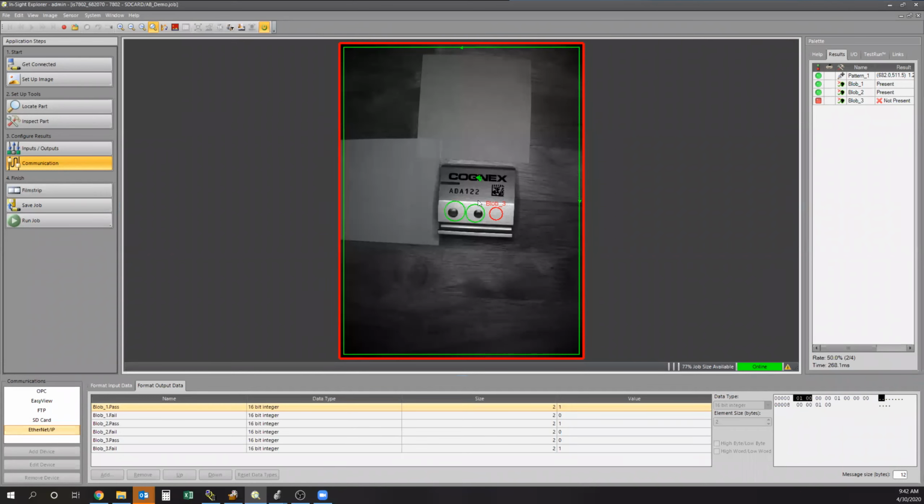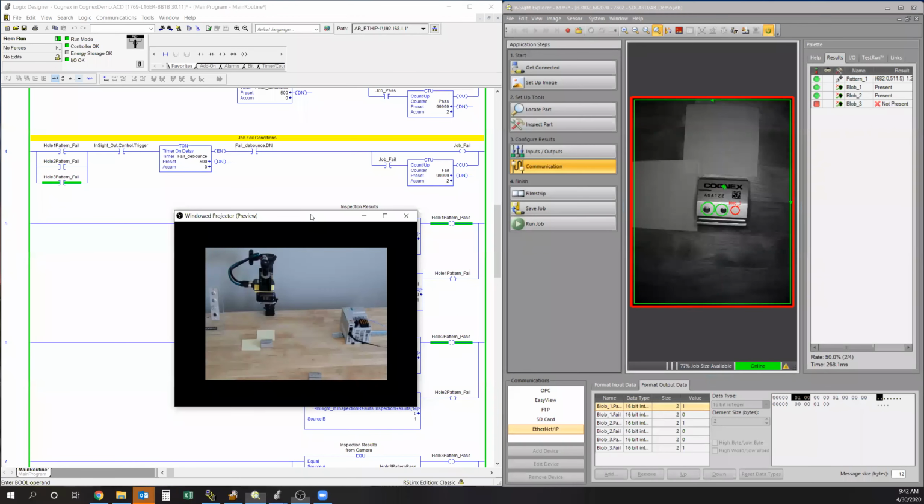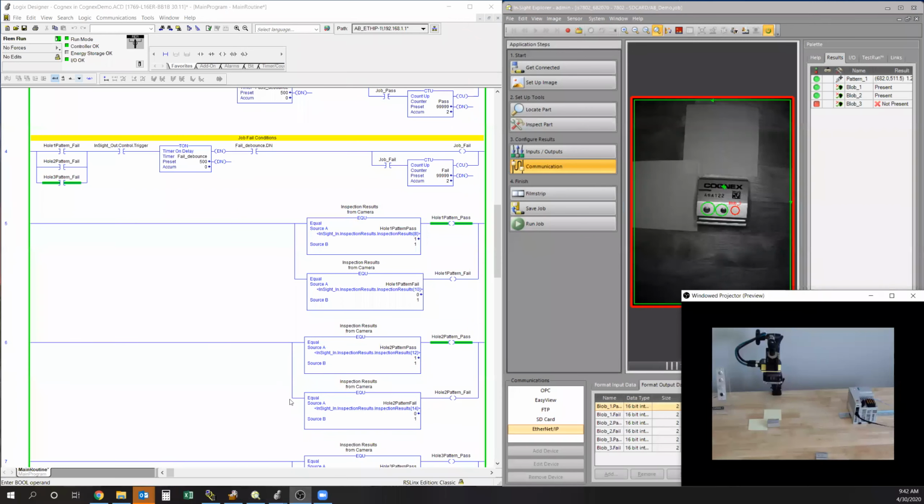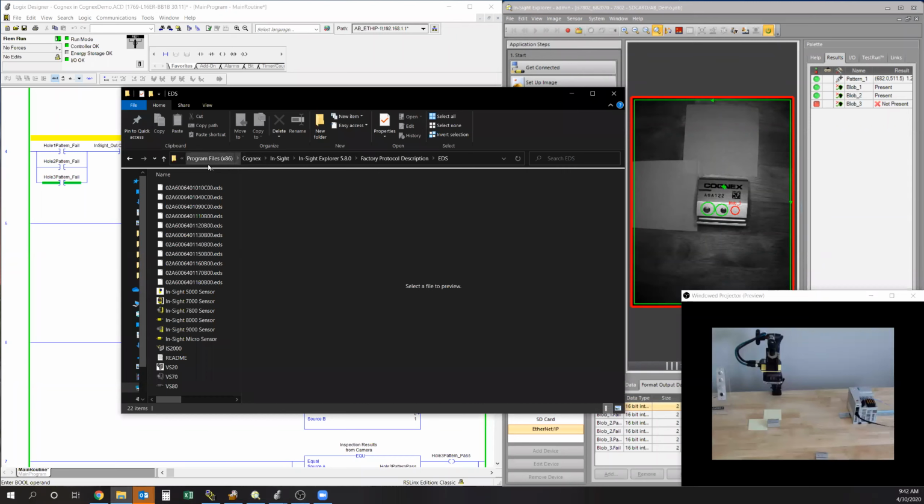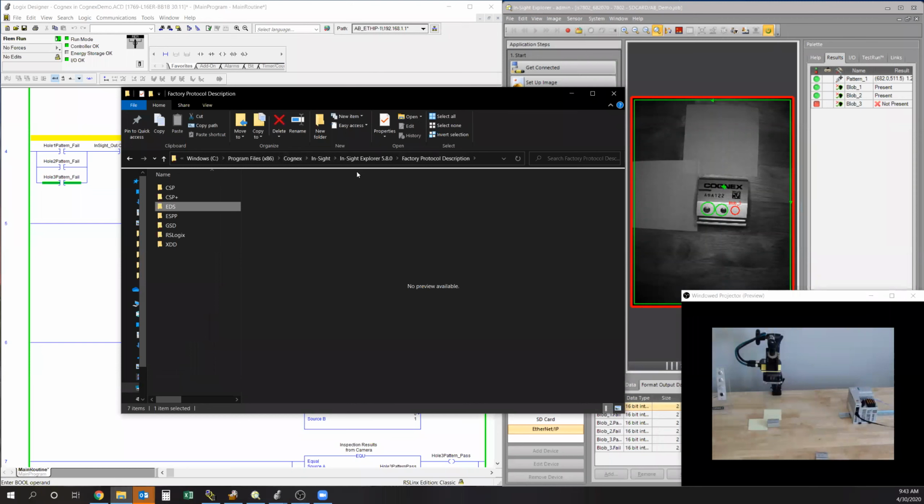Hey, Austin. Yep. We had another question come in on where to find the EDS file. Yeah, sure. One second. So when you download your Insight Explorer 5.8 software from Cognex on their website, on your desktop, you're going to have in your program files, going to Cognex, Insight Explorer 5.8. You're going to go to factory protocol description, and that's going to bring in here where you have your EDS